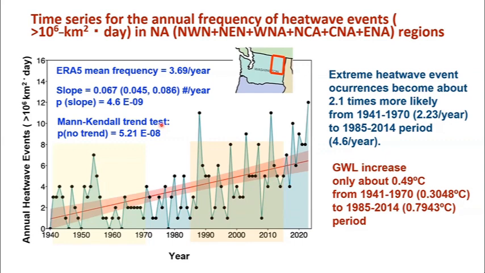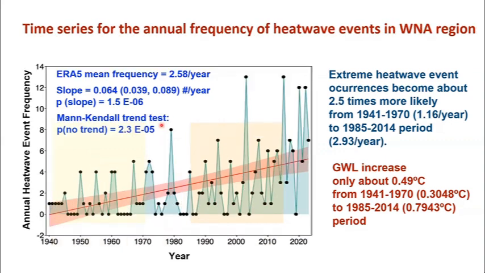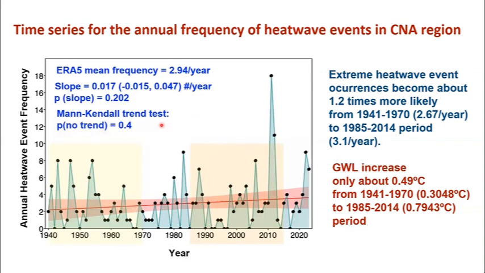Okay. And this is the whole area. If you look at individual areas and how they change, the increase can be less. For example, Western North America, where California is located, is somewhat smaller than the whole-domain average, but still statistically significant. On the other hand, the Central North Pacific still increased, but it's not statistically significant, only about 1.2 times more likely.